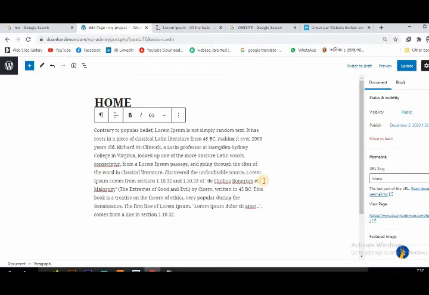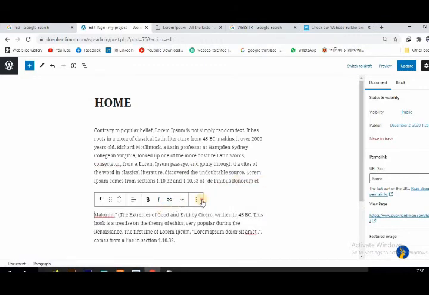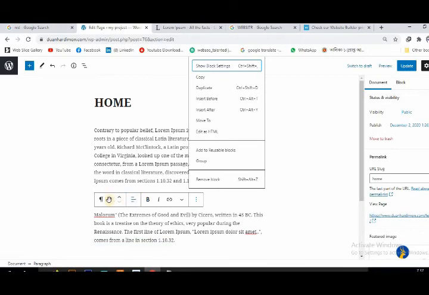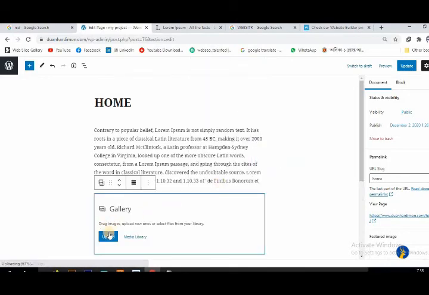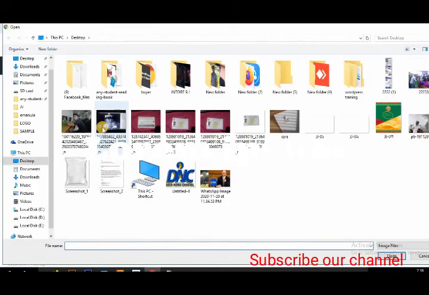And enter here. We need to upload some images here. Go here, click here, go to gallery, upload this picture.